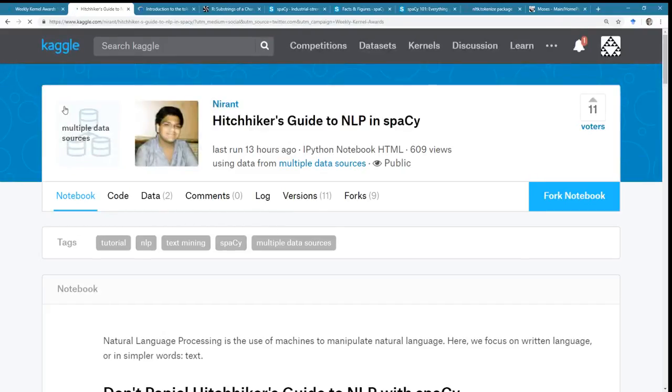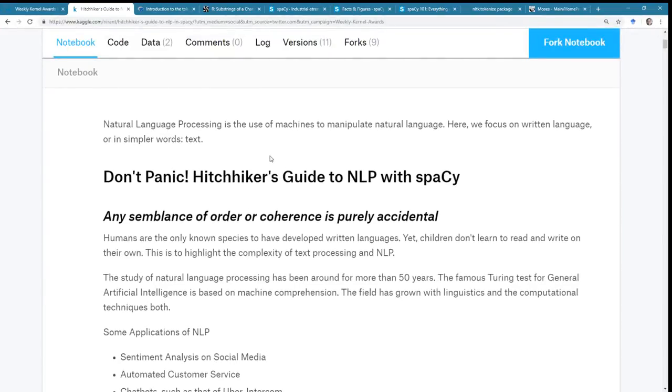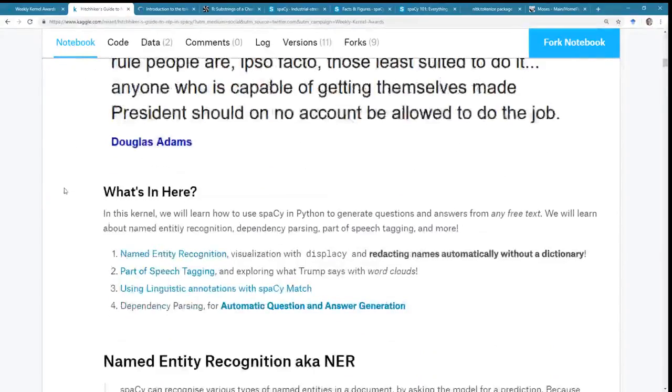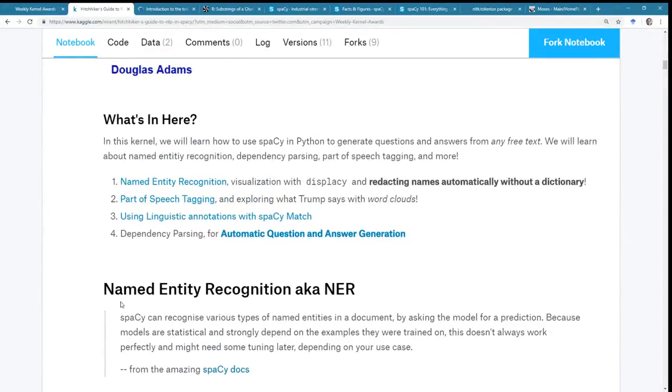That was Narant. And this is an analysis of the Hitchhiker's Guide to the Galaxy. There are several things that go into here: named entity recognition, part of speech tagging, doing some annotation, and then some question and answer generation.